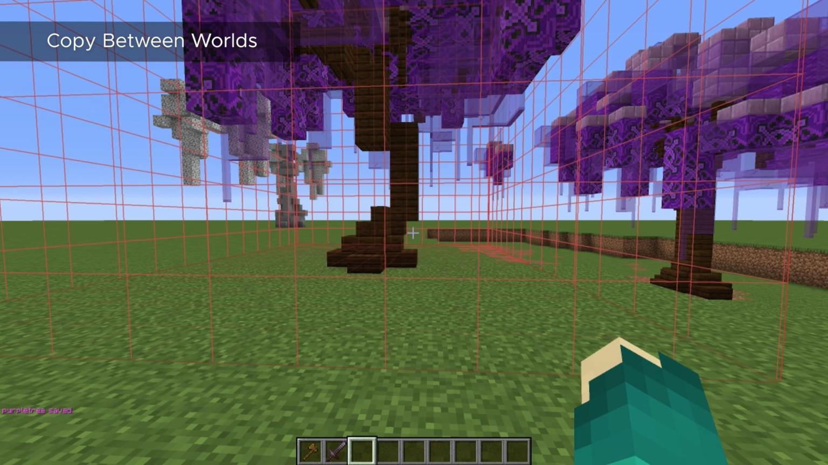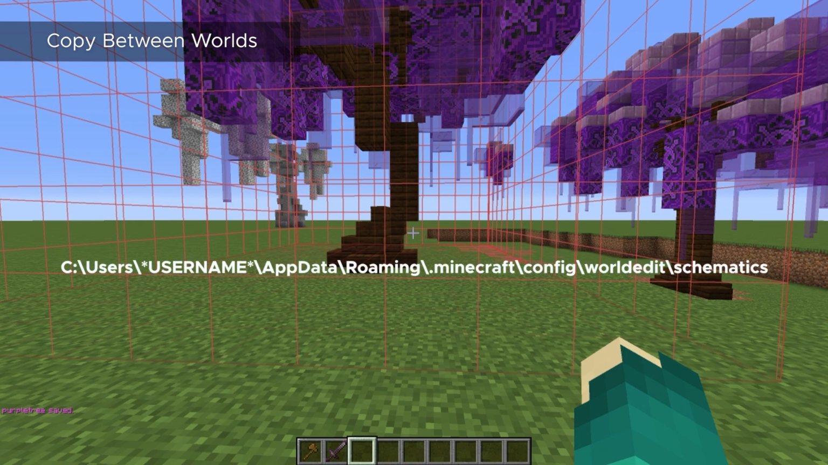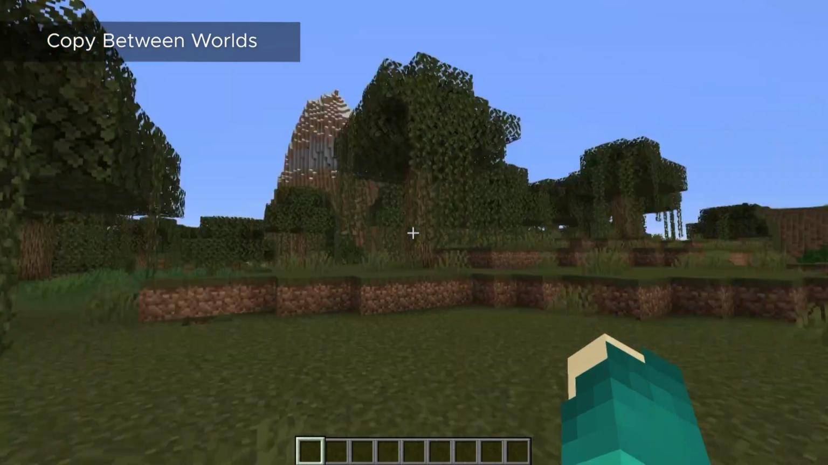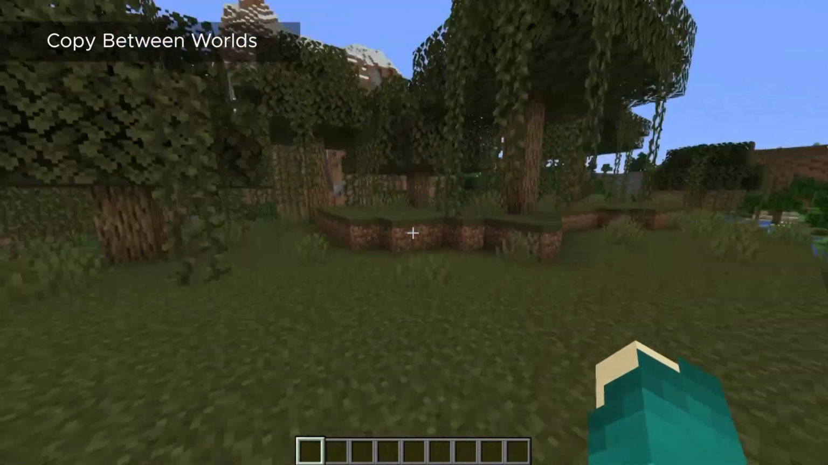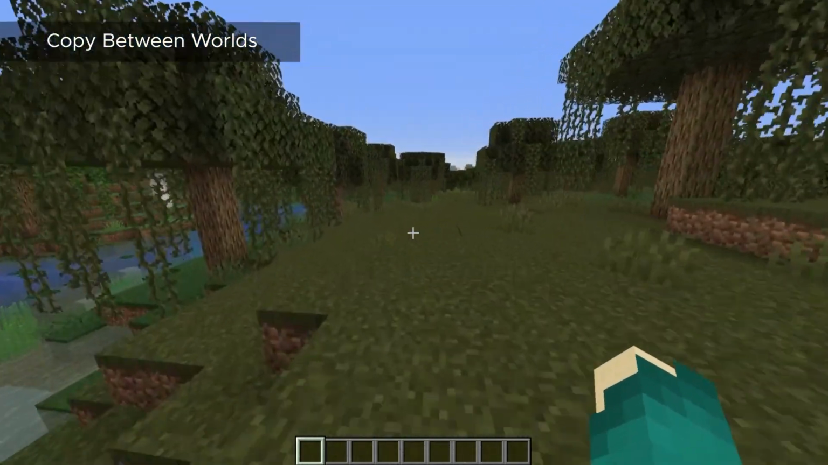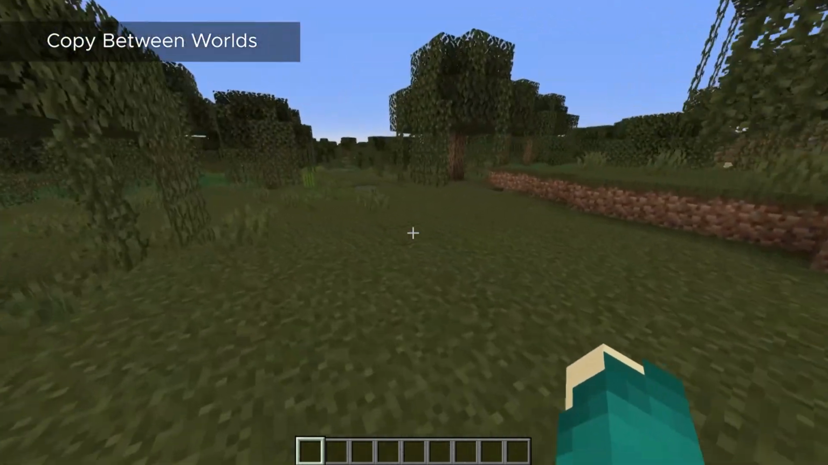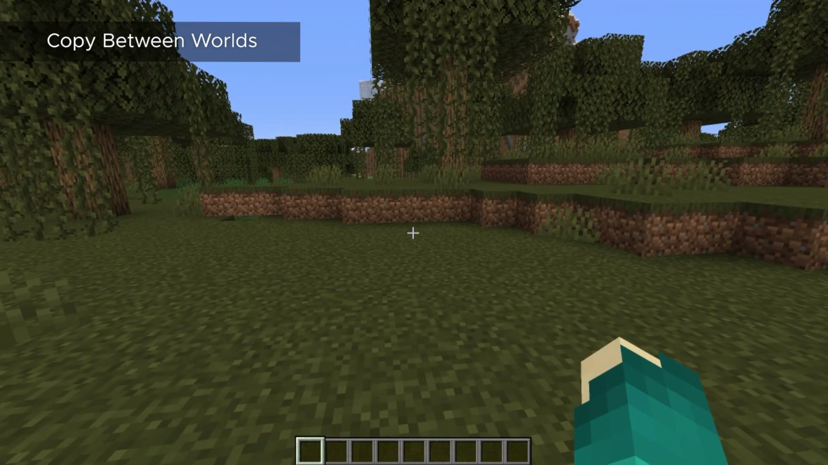Now if you don't know where the schematics are being saved to, they're being saved in the same location where you found the WorldEdit configuration file. Okay, now that you know where the files are saved, I actually created a brand new world just to show you that it does indeed work. So now that I have that file saved in my folders, all I have to do is load it